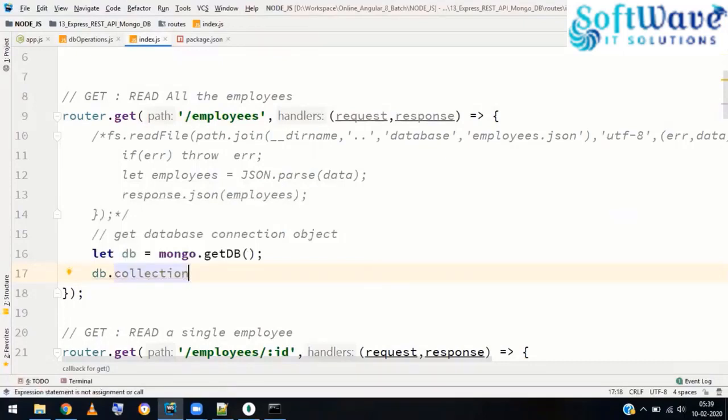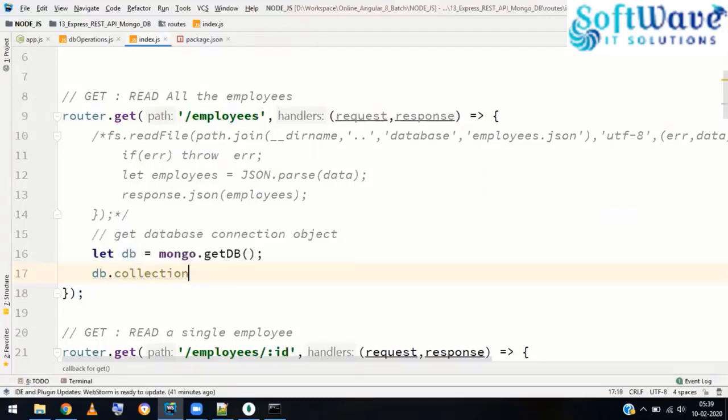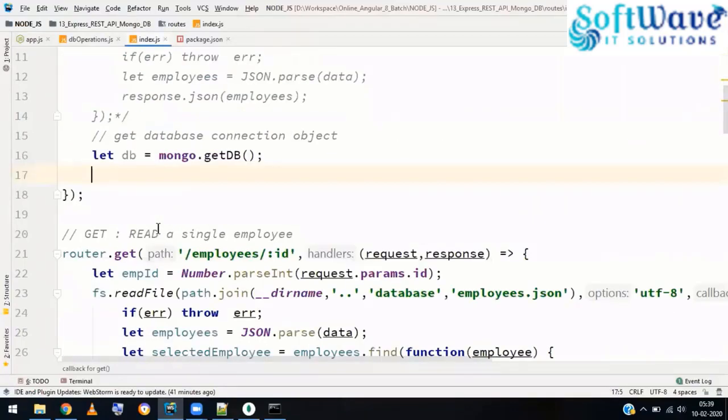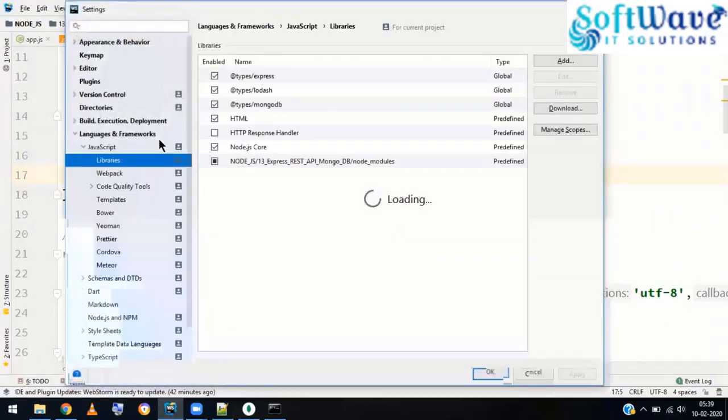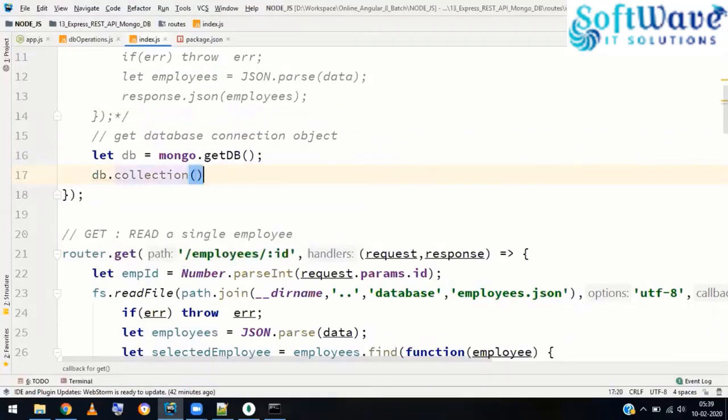Why is it not coming? One second. Let me check, am I configured with MongoDB? Libraries, yeah, MongoDB is configured. That's fine. Yeah, that's right. So db.collection of